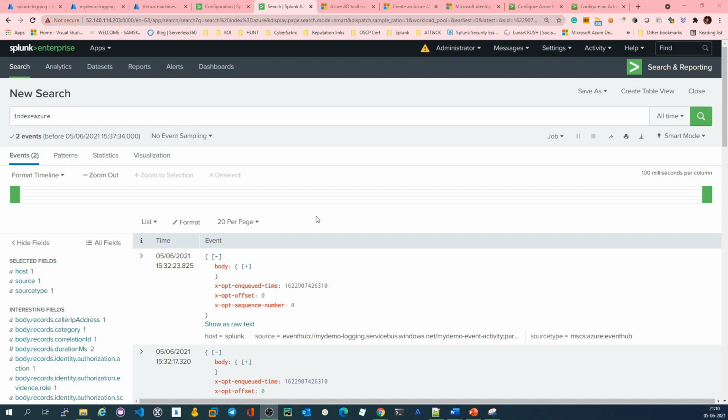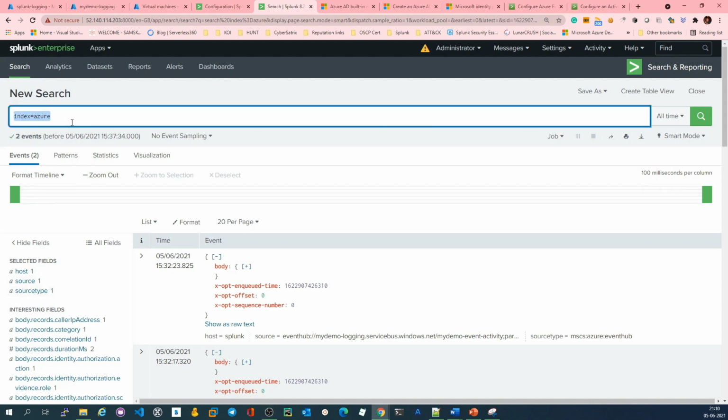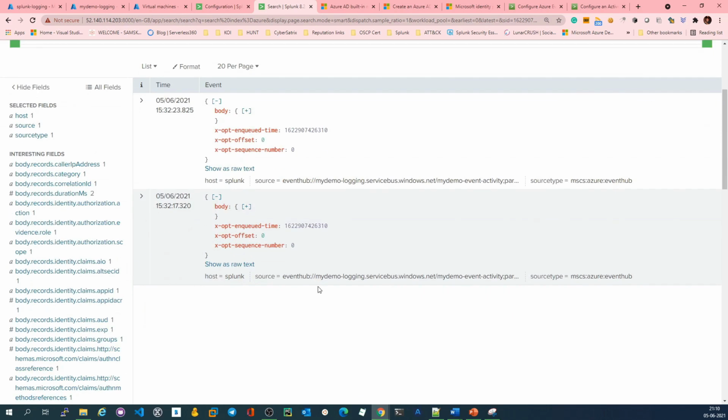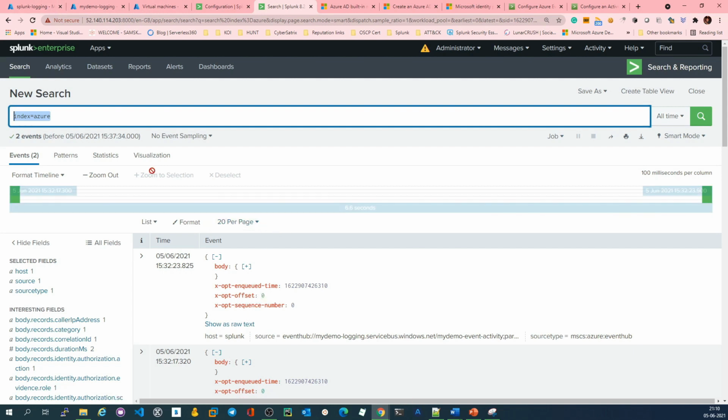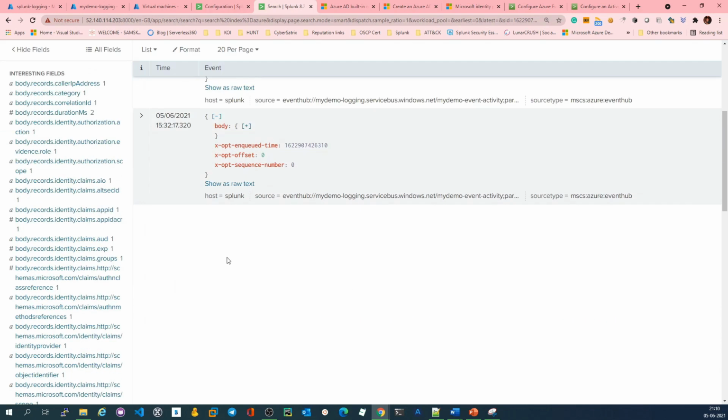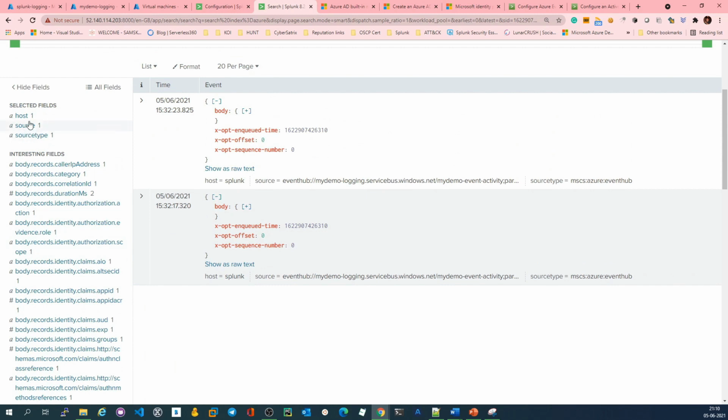Okay, so as you see, after some time I can see a few logs coming from the Azure to my Splunk, right? As you see, I don't have much activity being done on the South Central US, as most of the activity that you will see is in specific regions, Central India, and that's the reason I have very few logs here, right? But if you see the required information, you can see here, right?